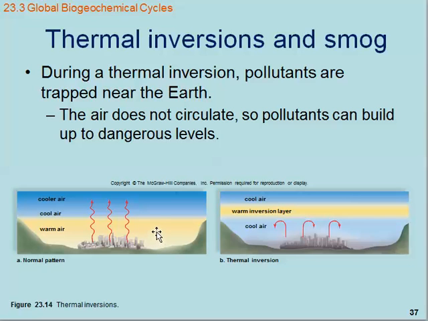And it rises up into the atmosphere, cooling as it goes and taking this heat energy with it. However, in some areas like Los Angeles, which are surrounded by mountainous regions, and they tend to be very warm and have